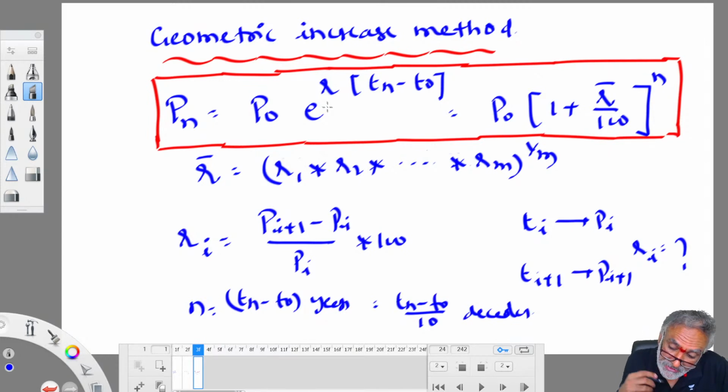So in this question, R could be unknown. In this question, Pn could be unknown. In this question, Tn could be unknown sometimes. Anything could be unknown. One equation, one unknown, anything they may ask. Generally, they will ask for the future population. Understood now? The third method is